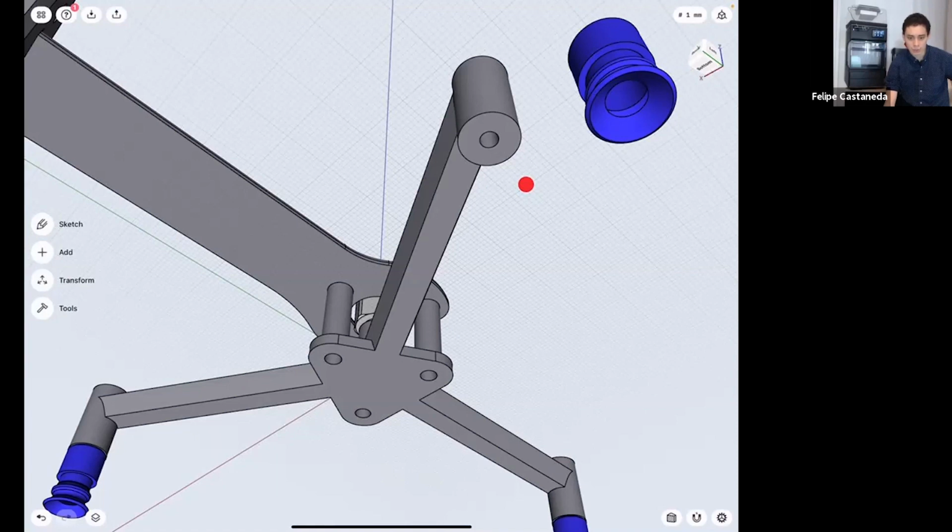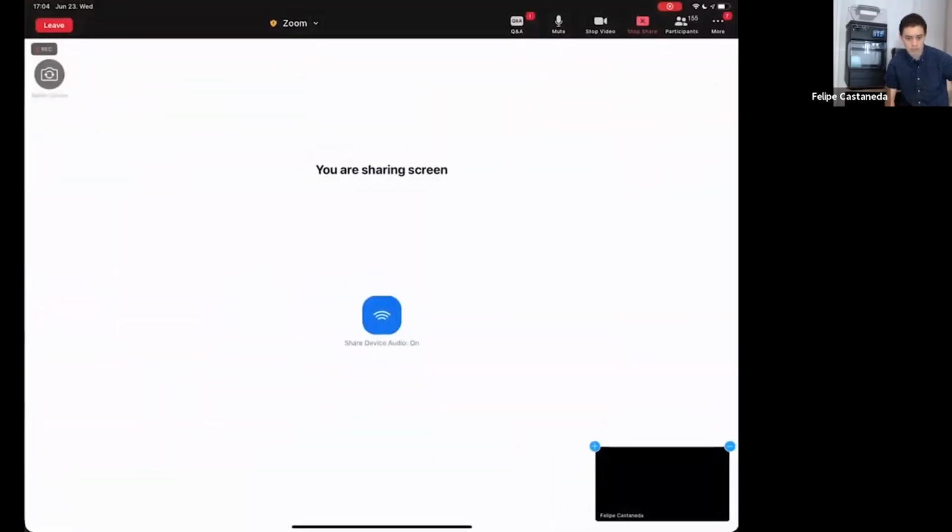Next question here. What are the largest dimensions of a 3D printing part? Is it possible to print 4 inches in diameter